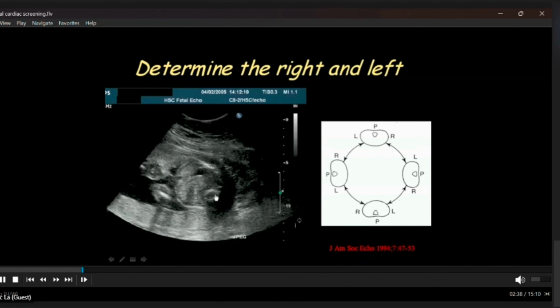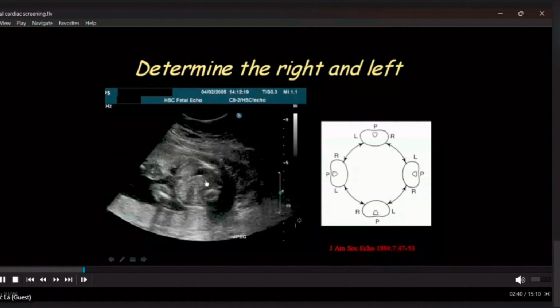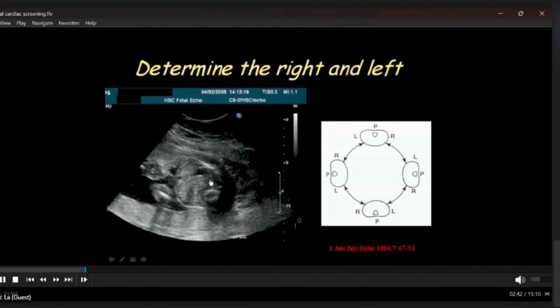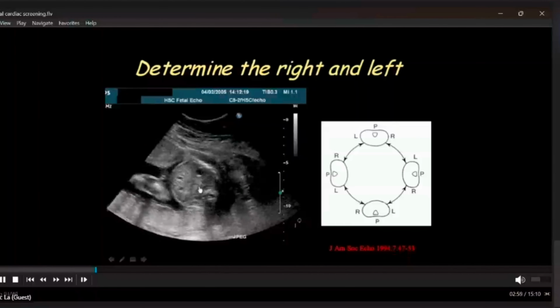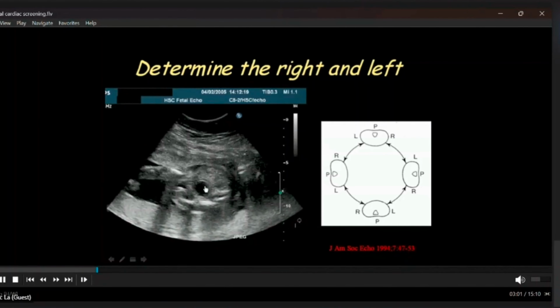Let's freeze it here. So this is the spine. This is the spine. This is the sternum. This is the stomach bubble. Okay? So if this is the spine, this image looks like this one. So this is left, this is right, okay? So the stomach bubble is towards the left, and then if we continue, we will see the hepatic veins